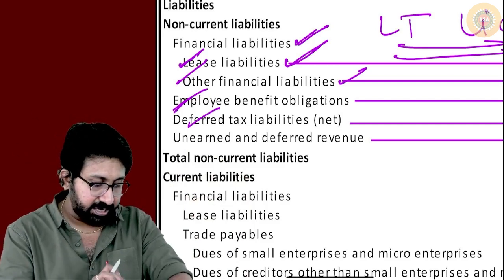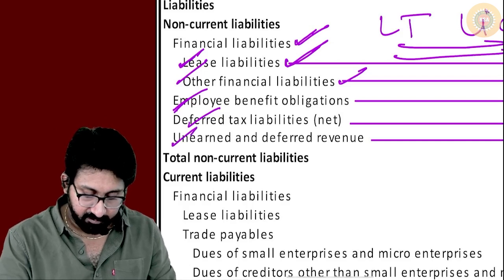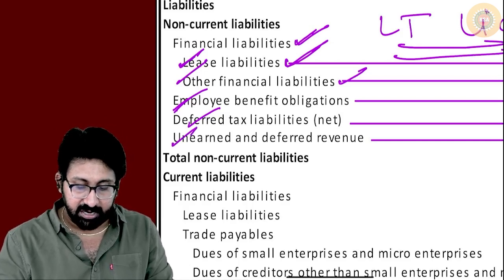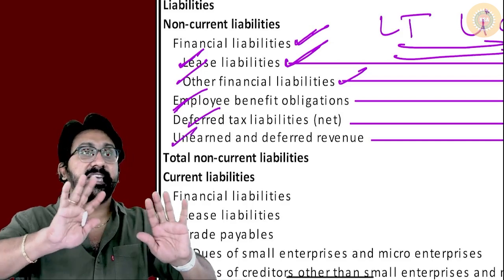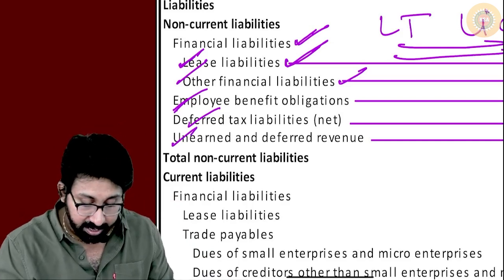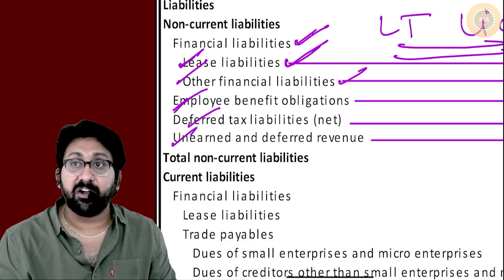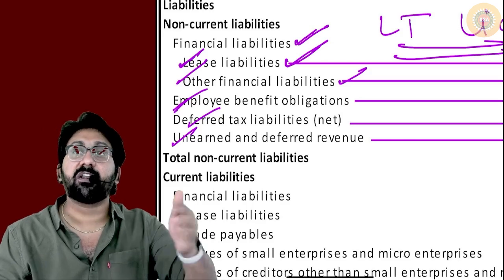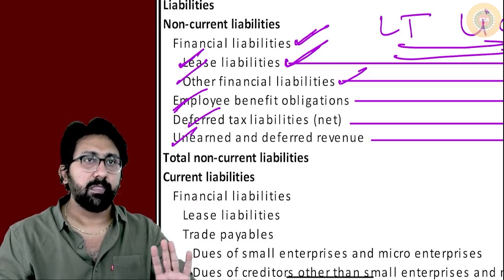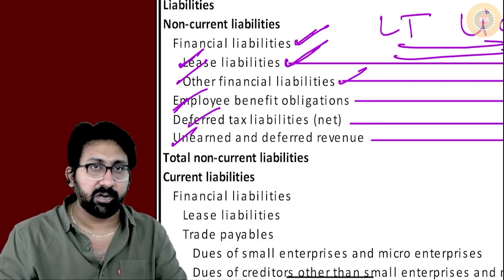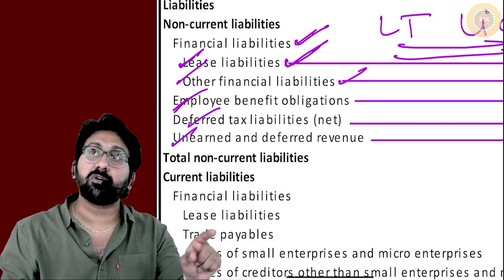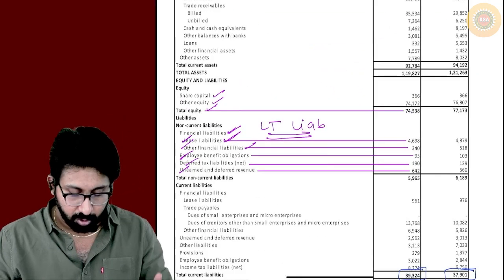Which one is not a debt? Deferred tax. And what is the next one? Unearned and deferred revenue. Listening everyone, unearned and deferred revenues they are showing. Deferred revenue means revenue received or not yet received. They are showing it as a liability. That is also not a debt. That is the amount which you have not taken. Okay, don't pull that into this.